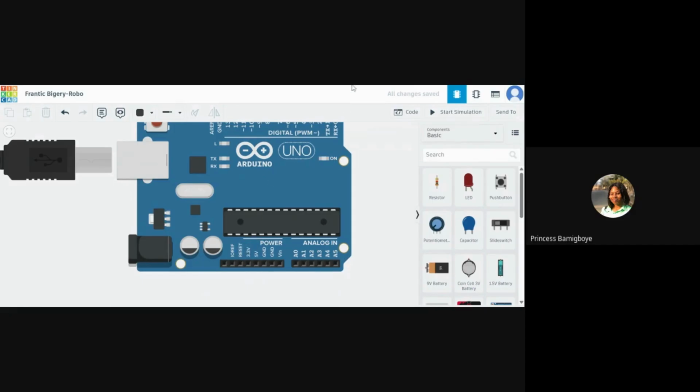But 3.3 volts is for, let's say, an instance where you're working with two devices, and you need to connect both of them to the power source. Maybe one requires 5 volts, and the other can vary, but you can manage with 3.3. You can use 3.3 volts in that place. Or there are some devices that are very, very sensitive. For instance, let me show you. There was one component that I used.